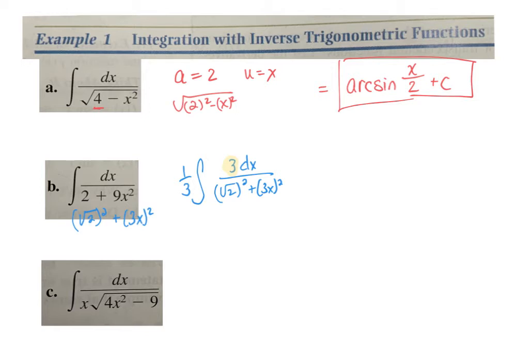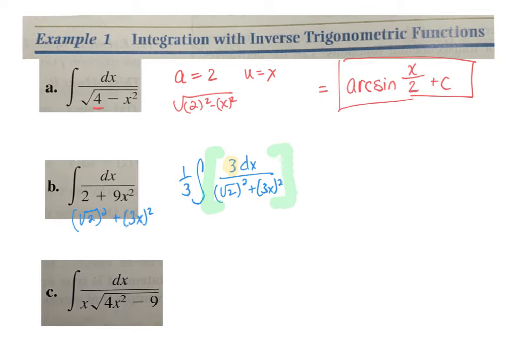If you look at your derivatives, they are u prime over 1 plus whatever squared. That u prime is part of your derivative, and so I'm just showing you what u prime is. It's 3 dx. But I still have to get rid of that 3 because it wasn't in my original. Now here, when I do this, so if I just do the antiderivative,